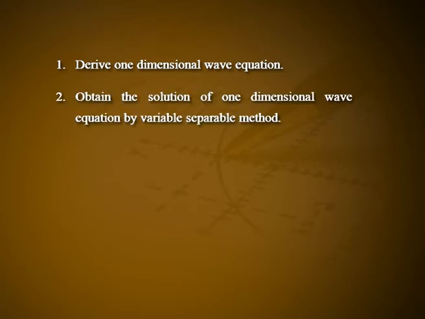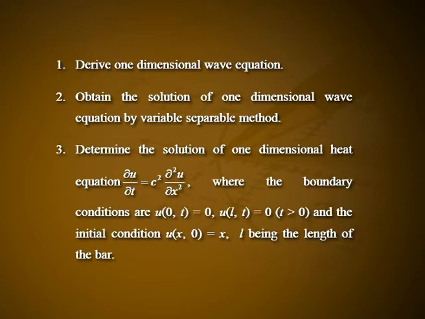Now you may try to answer the questions given here. First one, derive the one-dimensional wave equation. Second one, obtain the solution of the one-dimensional wave equation by variable separable method. Third one, determine the solution of the one-dimensional heat equation dou u by dou t is equal to c square into